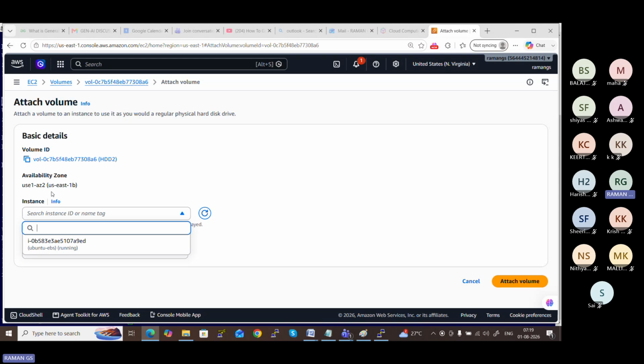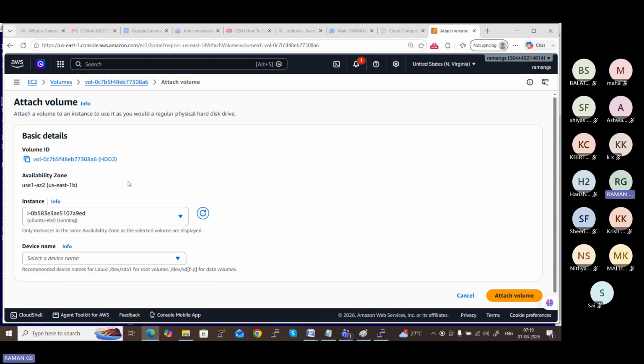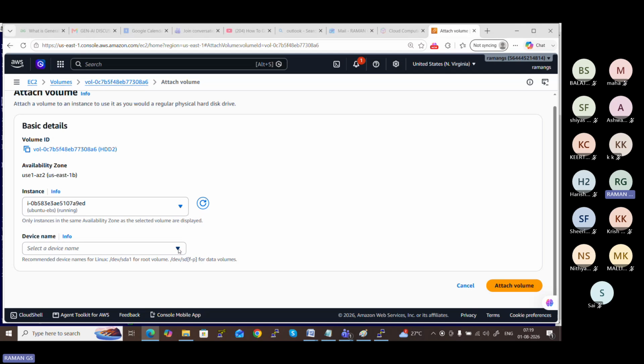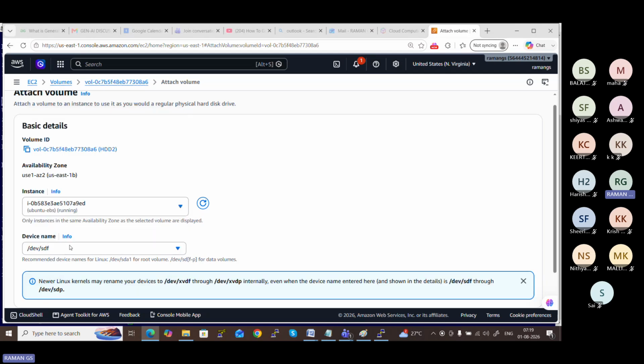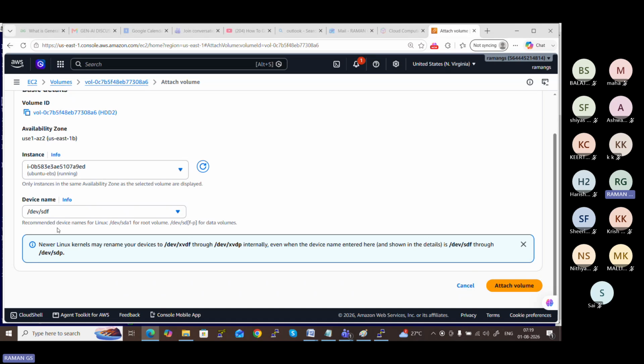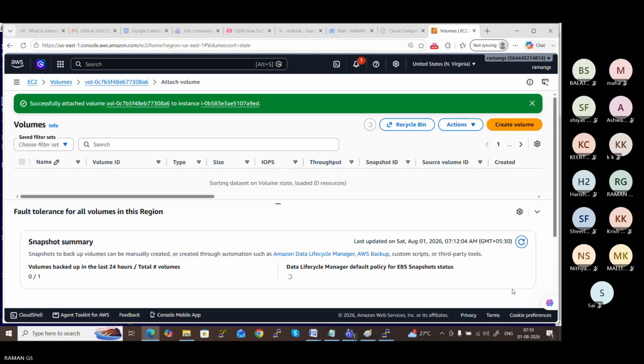The only instance running in US East here is Ubuntu EBS. Select it. For the hard disk, I need to assign a name, so /sdf. Let us start with sdf. This is a Linux way of addressing the hard disk. So after I select the instance to which it needs to be associated, simply click on attach volume.